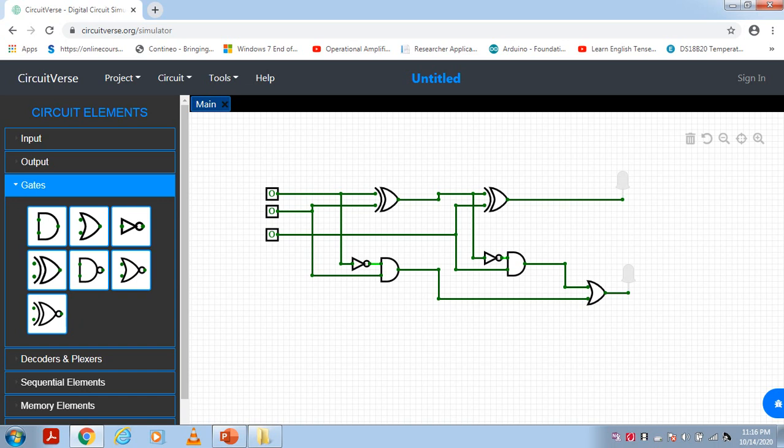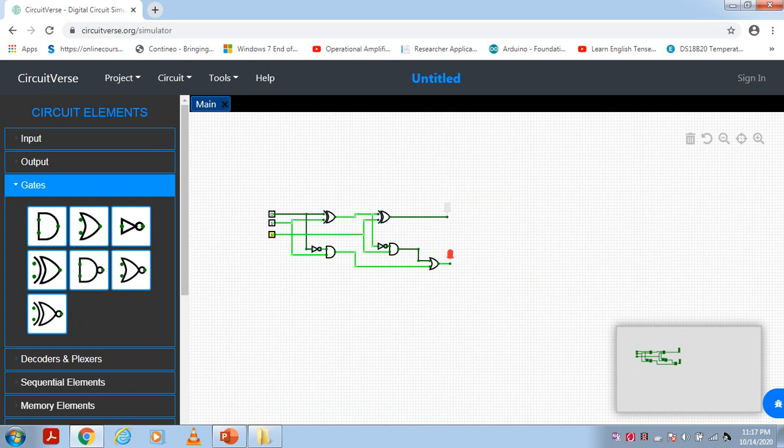The next input is 0 0 1. For 0 0 1 input, difference is 1 and borrow also 1. Next input is 0 1 0. Difference is 1, borrow also 1. The next input combination 0 1 1. Difference is 0 and borrow is 1.